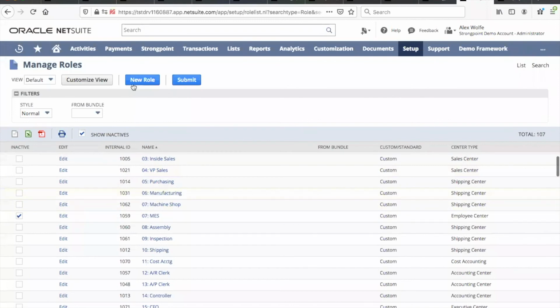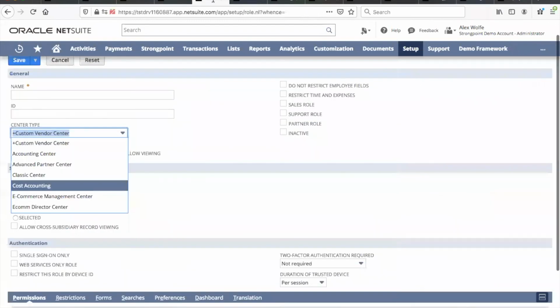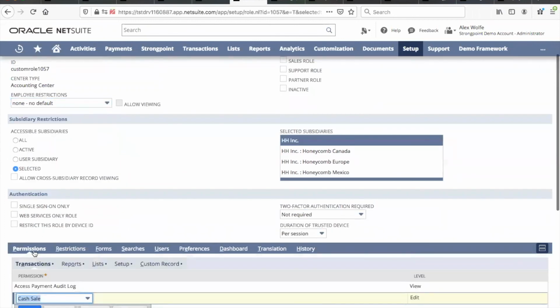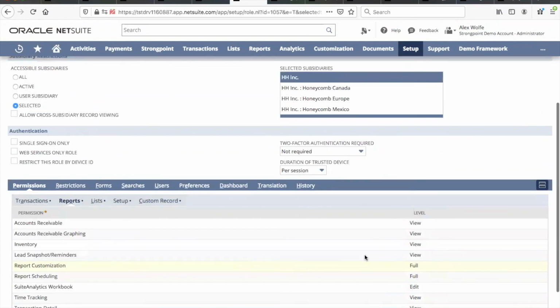But if you take any role, if you go back to our role that we had here, you can simply go through and set all of the permissions to view, but you can then pick which reports